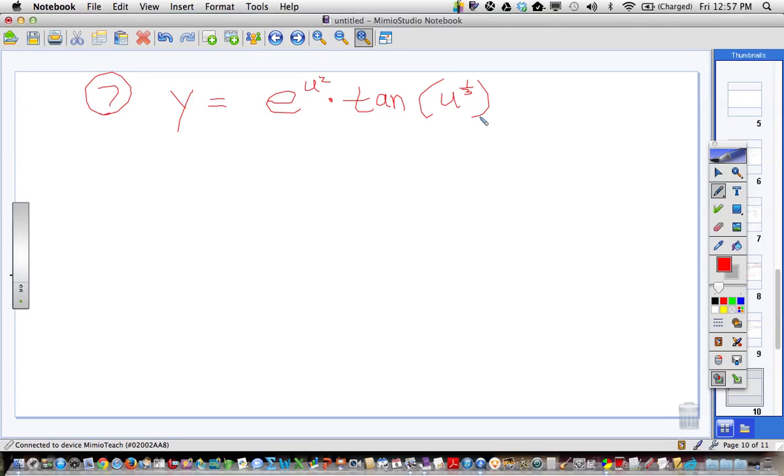I mean, anytime you see a radical, you want to just immediately put it into a power, right? So this is a product rule. You know, this is an inside of that. That's the inside of that. But first and foremost, this is a product rule, right? So we got the first thing and the second thing. So the derivative of the first thing is e to the u squared times derivative of the inside, 2u, times the tangent left alone,